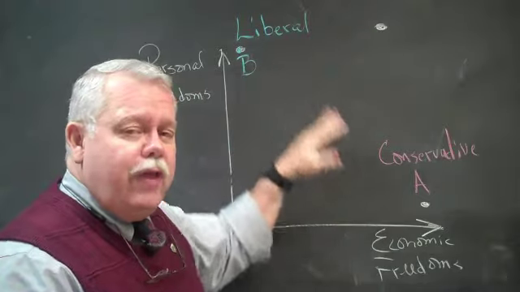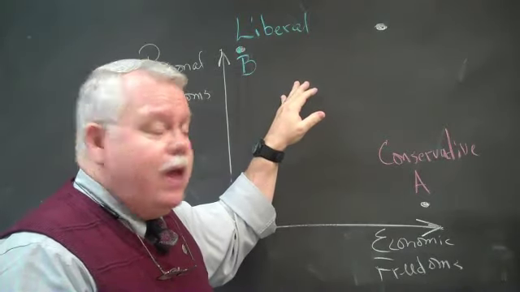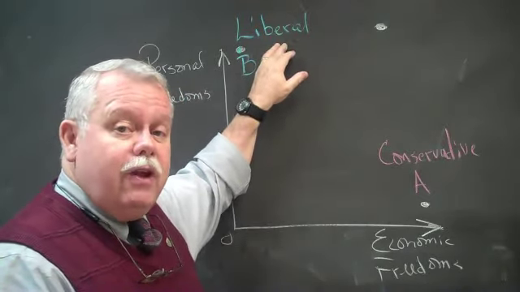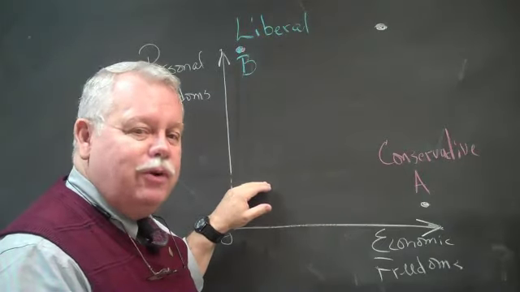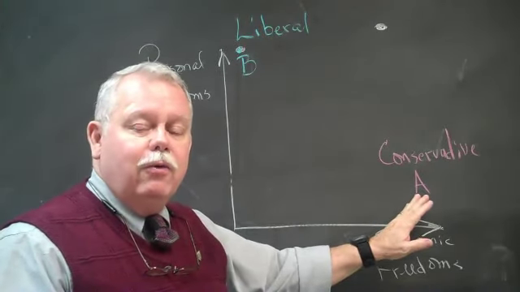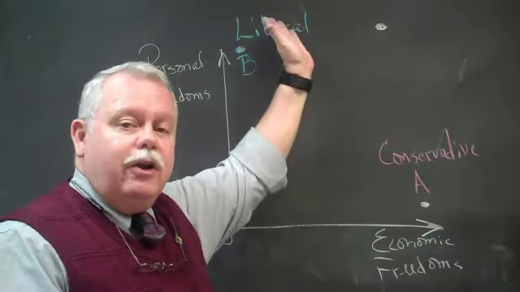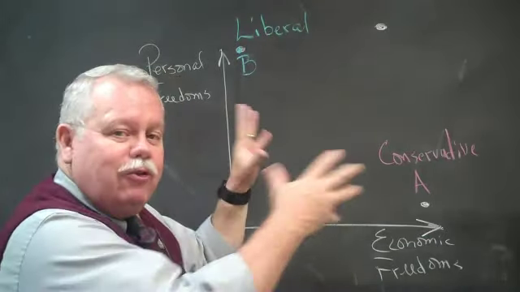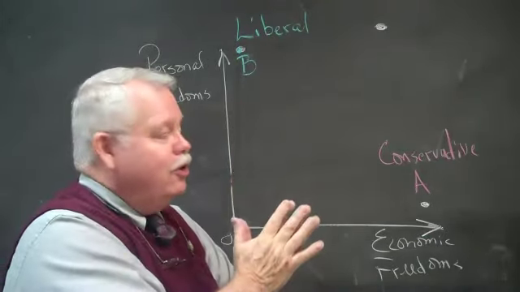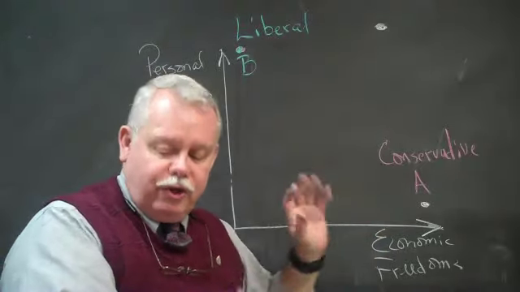There is a contradiction in that in the United States, by the way, and that is that liberals tend to favor restrictions on gun ownership, and conservatives tend to favor a lot of freedom in gun ownership. So it's not an absolutely black and white, easy to use model. There are some contradictions occasionally.